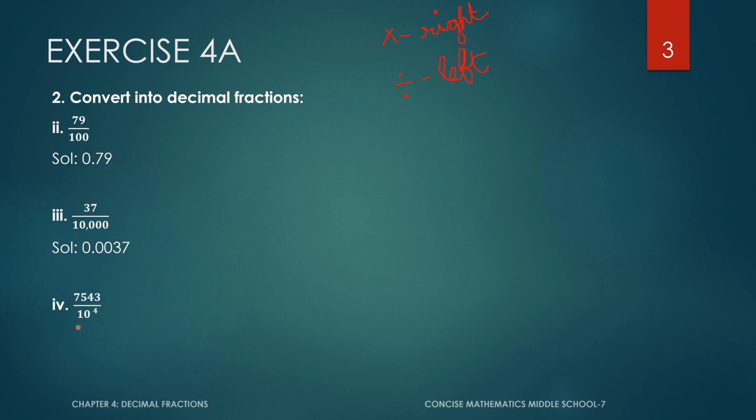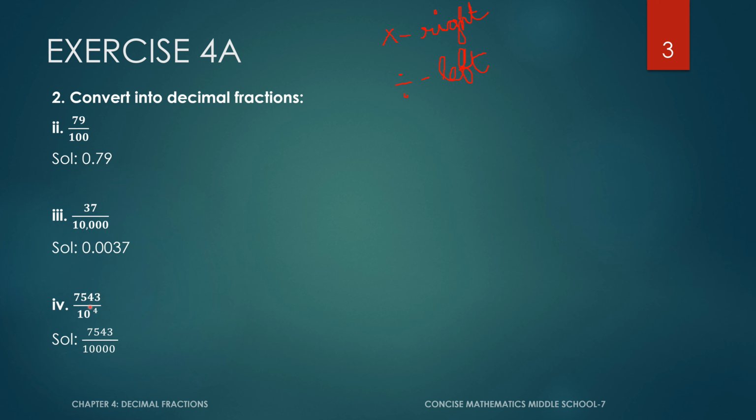Here is our fourth question. 7543 divided by 10 to the power of 4. What does this 10 to the power of 4 mean? 10 to the power of 4 means it has 4 zeros. Including this one, it should be 4, children. You don't think that 10, 1, 0, and then you join another 4 and it becomes 5. No, you have to add only 4 zeros. Look here, only 4, because the power is 4, you have to add only 4 zeros, not 5. So this one is also included with this 4,